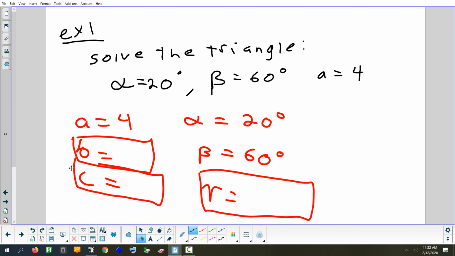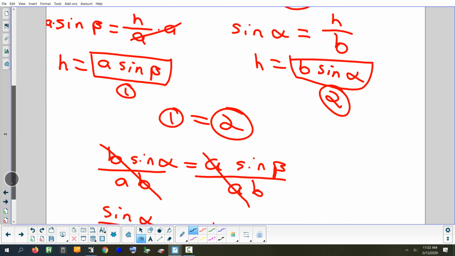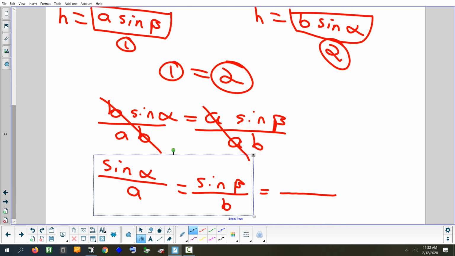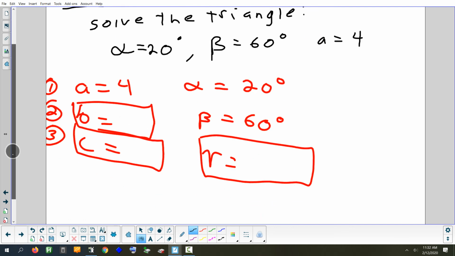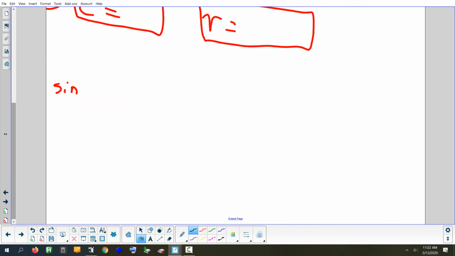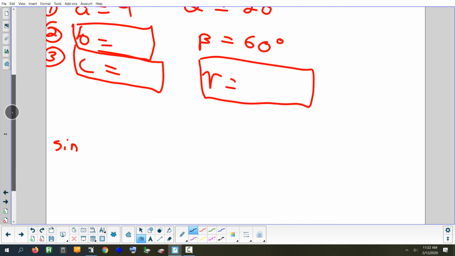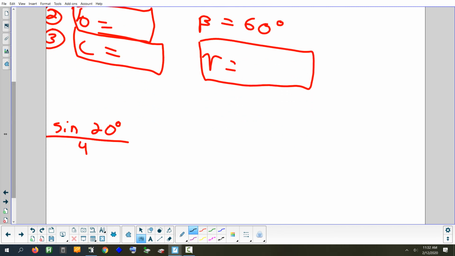So we're going to set up a proportion. And to do it, you have to pick 2 out of 3 of the rows. You always want to pick the row that has everything in it. That's like your starting point. So let's start with row 1. A is 4, alpha is 20, and fill that in right here. A is 4, alpha is 20. So we've got sine of alpha over A equals,